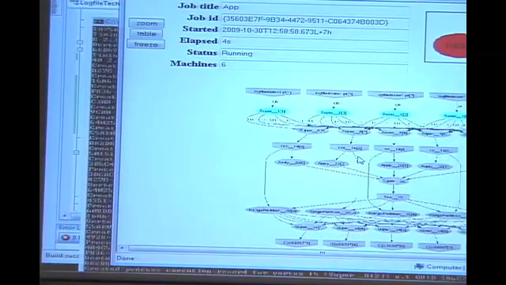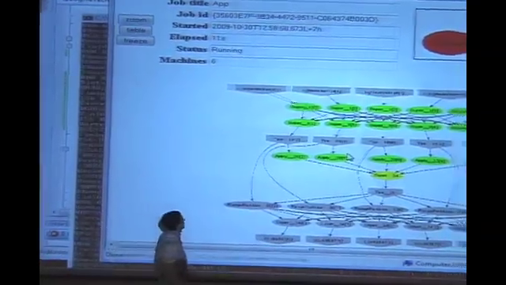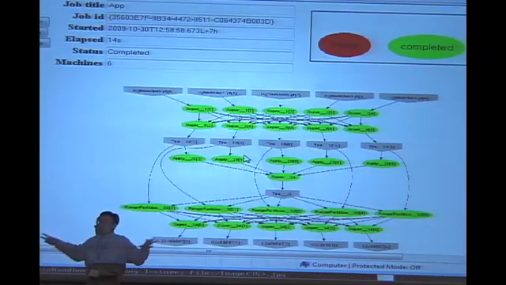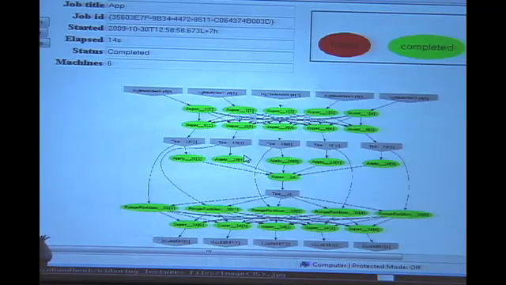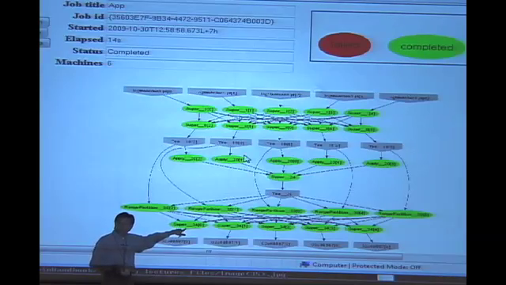So this is actually the execution graph of the sorting. This is the start of the sort. We first sample the data to find the range keys in order to do the distributed sorting. This vertex computes the range keys and distributes them back to all the partitions. Each partition then does a range partition based on the range keys, and then a sort on each partition. So this is how the global sorting is implemented in DryadLINQ.